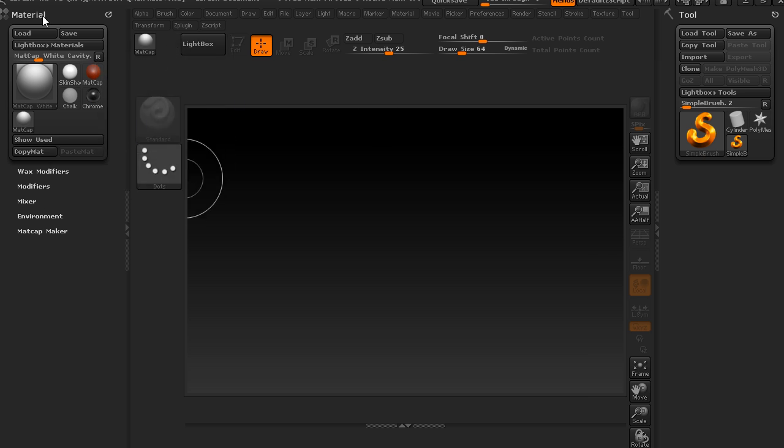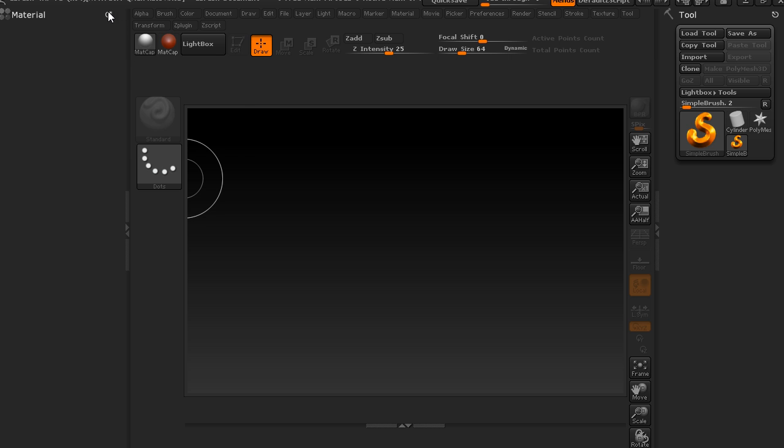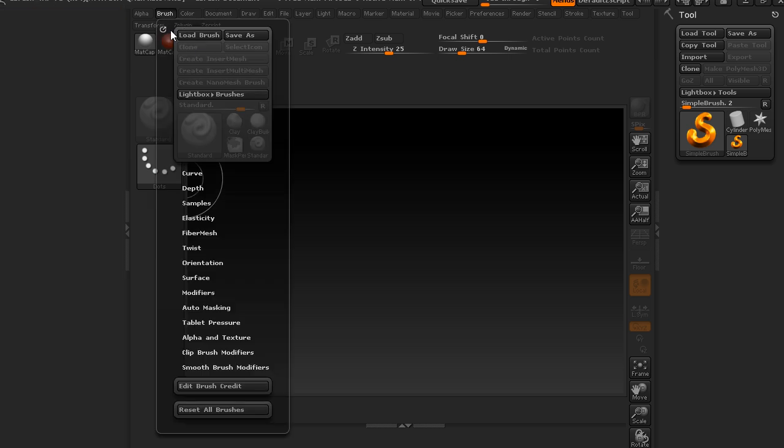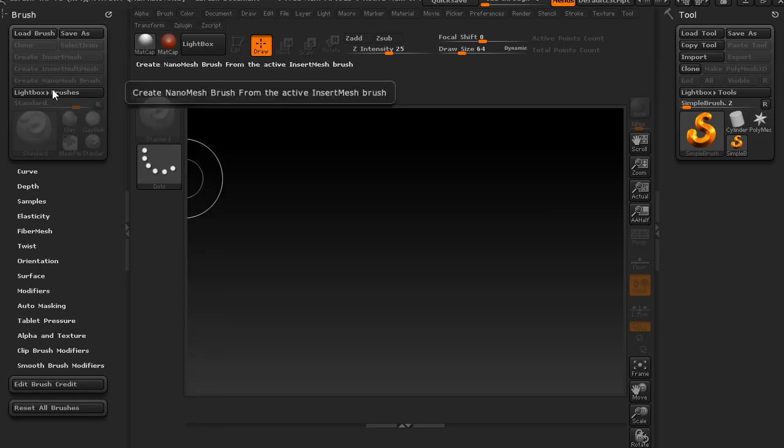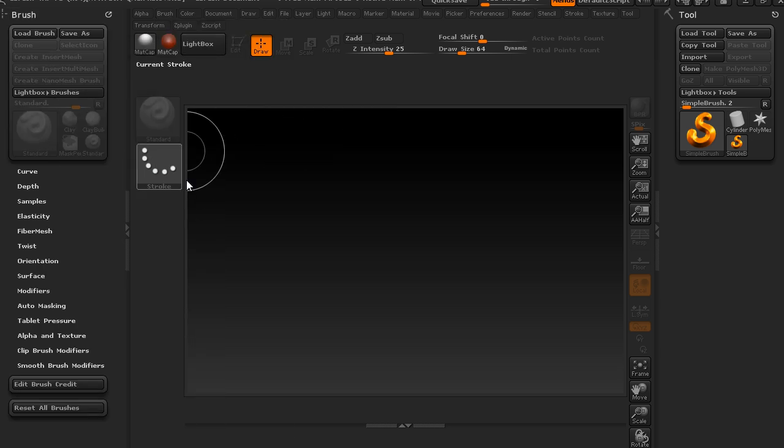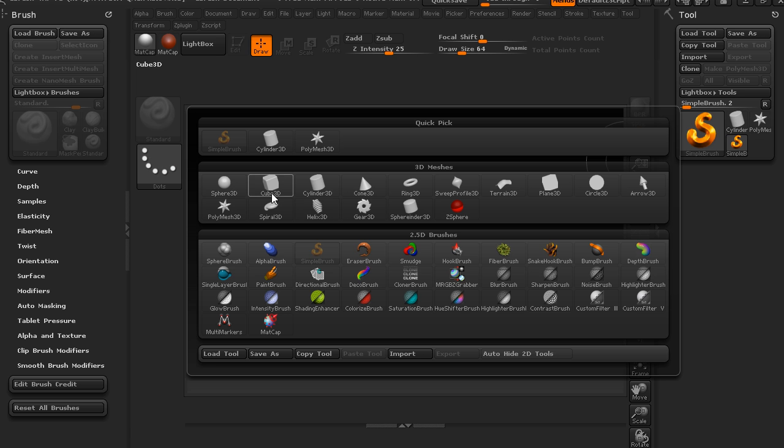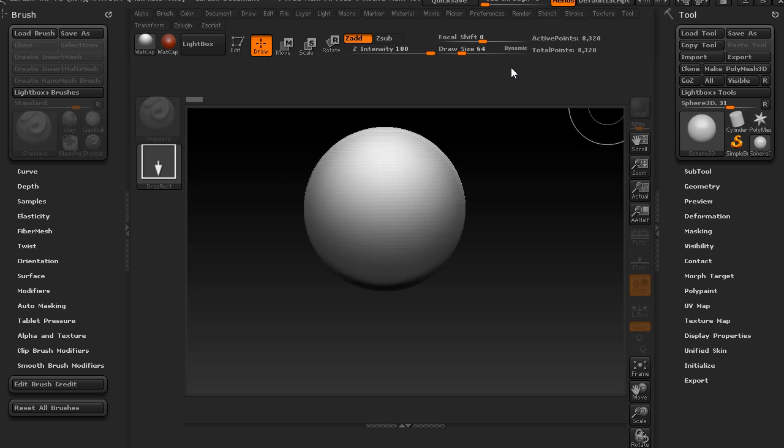Next thing I want to do is I just want to bring in the standard wax matcap here as well. I do use it from time to time just to compare the matcaps. So I don't want materials anymore. Just gonna put it away. I'm gonna go in brushes now. I'm just gonna drag it over here. And for this to work, I would need a tool to be active at the moment. So I'm just gonna bring this in, make Polymesh 3D,